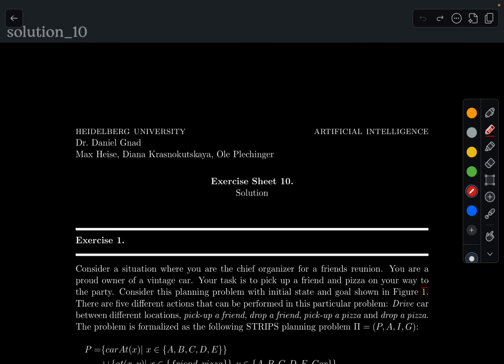Let me just check real quick with ChatGPT. What do they mean with H plus? What is that heuristic? Oh, okay. H plus is the minimum number of actions needed to reach a goal if we delete all delete effects of actions. So in this case,